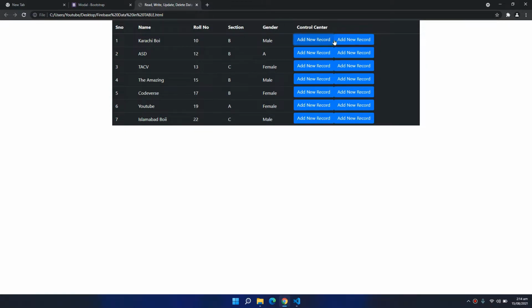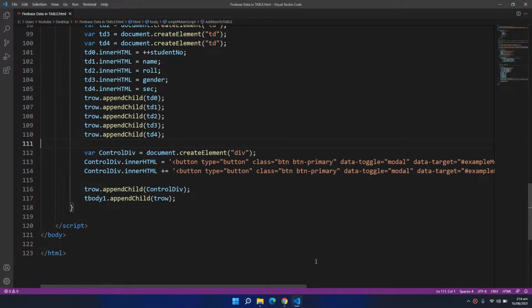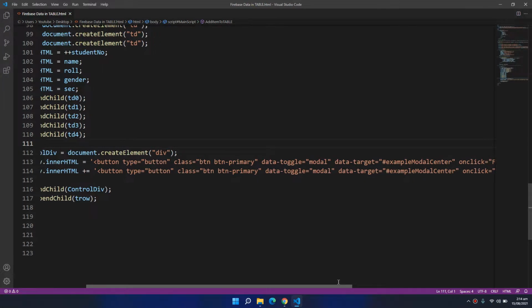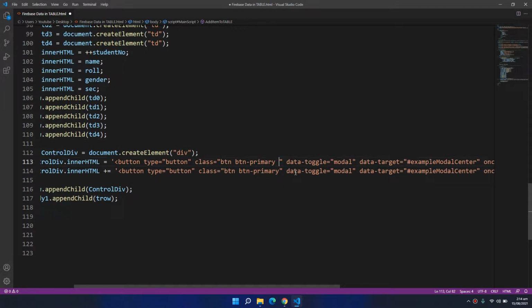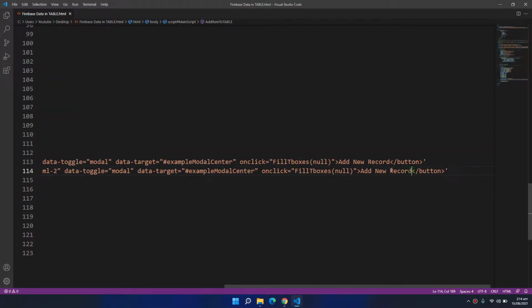So the buttons are very close, so I will change that by adding a class over here. So one class that I need is my2 for both of these. This will add margin from the top and bottom, and at the second button I also need margin from left, so ml2. And also this is called edit record.